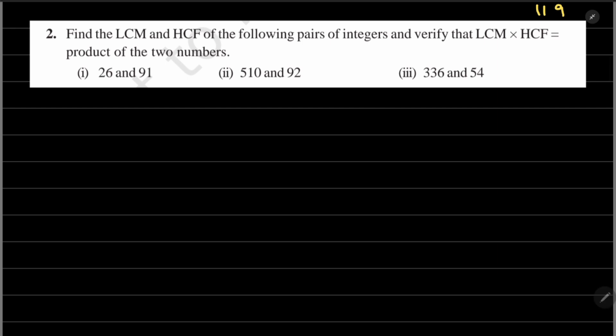You have to find the LCM and HCF of the following pairs of integers and verify that LCM into HCF is equal to the product of the two numbers. Very easy. So you should find the prime factorization and then find both HCF and LCM, and then also verify that the product of LCM into HCF is the product of the two numbers. The first one, so 26 and 91, right? Let us do the prime factorization